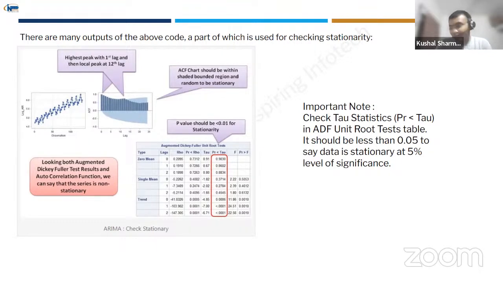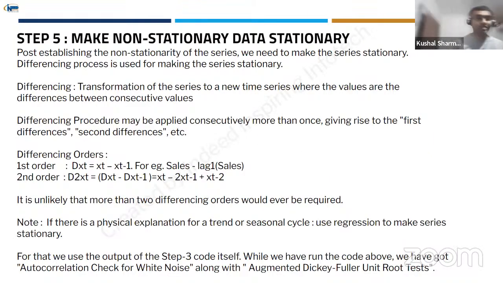Here you can see the values are very high. If the values remain so high, we need to declare that it is non-stationary. So looking at both the augmented Dickey-Fuller test result and the autocorrelation, we can say that the series is non-stationary